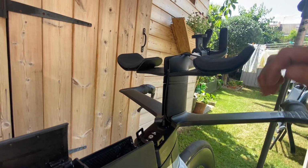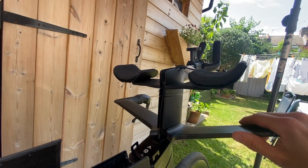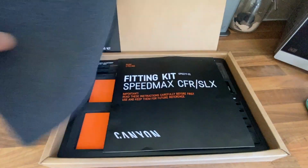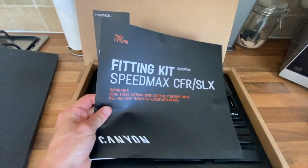So if you want to go higher, obviously you need to think about the length of bolt that you use. Okay, let's take a little look at the Speedmax bike fitting kit that Canyon supply you with. So this is why this cockpit is so adjustable. You've got the instruction manual here which shows you how to